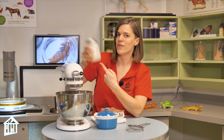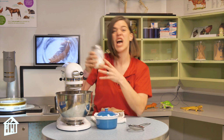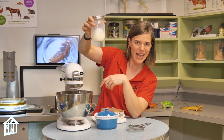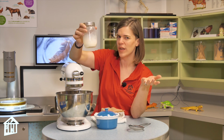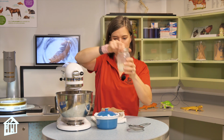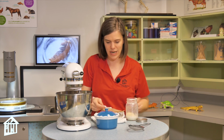All right, now I've been shaking this for pretty close to 15 minutes. I'm not gonna lie, my arm is pretty tired, but the cool thing is, if you look at my jar, it looks like I have all this liquid inside again. Wait a second, I started out with a liquid. This is now my separated liquid. This is my buttermilk, and I have a big old chunk of solid in here, which is in fact